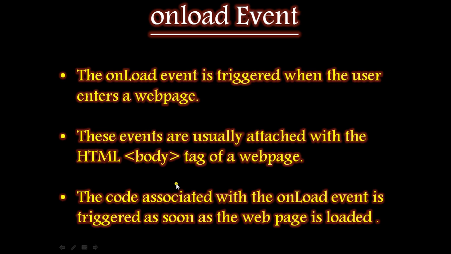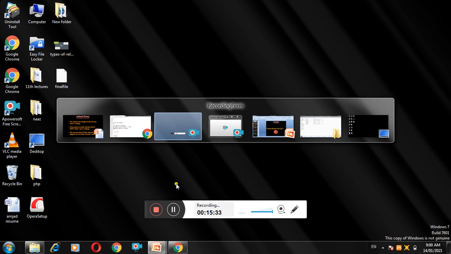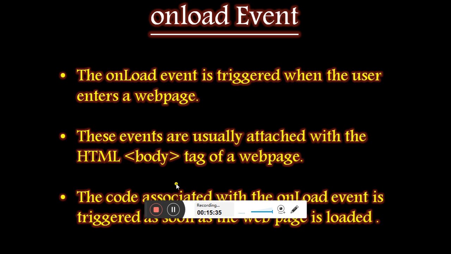The next event is the onload event. Now what is this onload event? The onload event is triggered when the user enters a web page. When you open a web page, this onload event occurs. When the user opens the web page, when the user double clicks on any icon and the web page is going to open in the web browser, at that time only this event triggers. Okay,